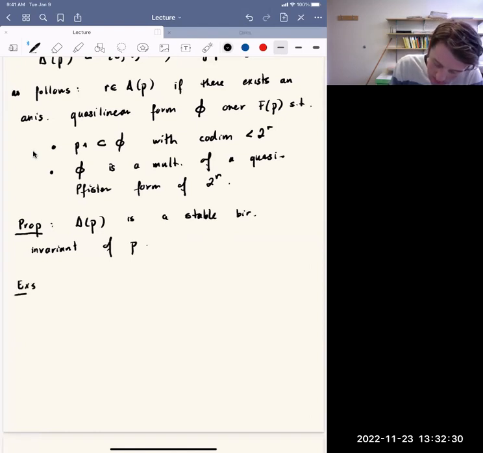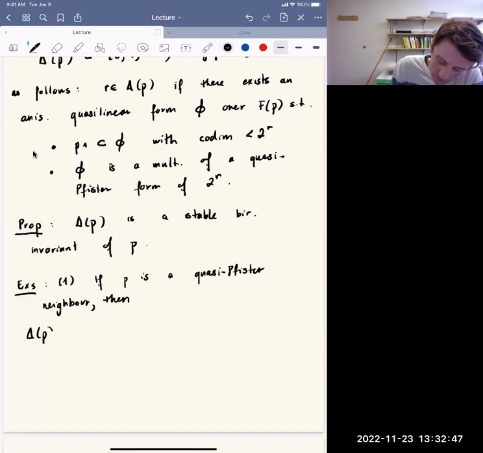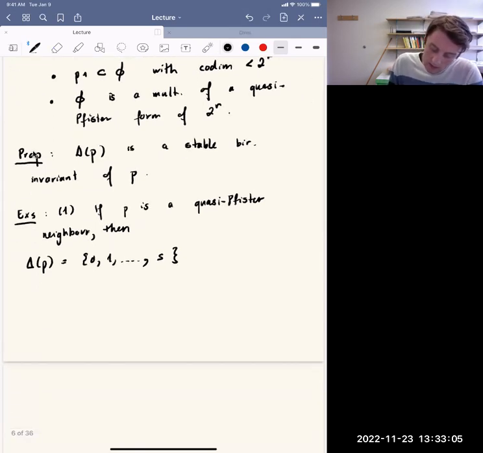So let me just mention again the same two examples as before. So if P is a quasilinear Pfister neighbor, then this invariant looks as follows. It's just all the integers from 0 up to the norm degree of P minus 1, which in this case is just s, right? So in this case, this invariant contains a lot of elements,